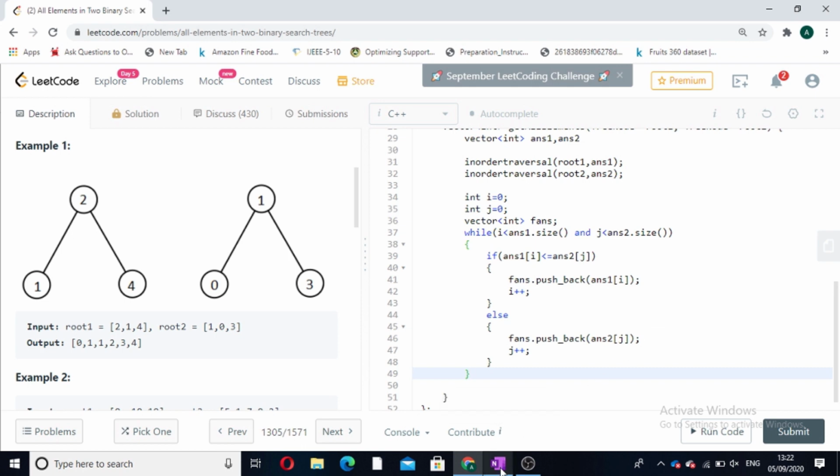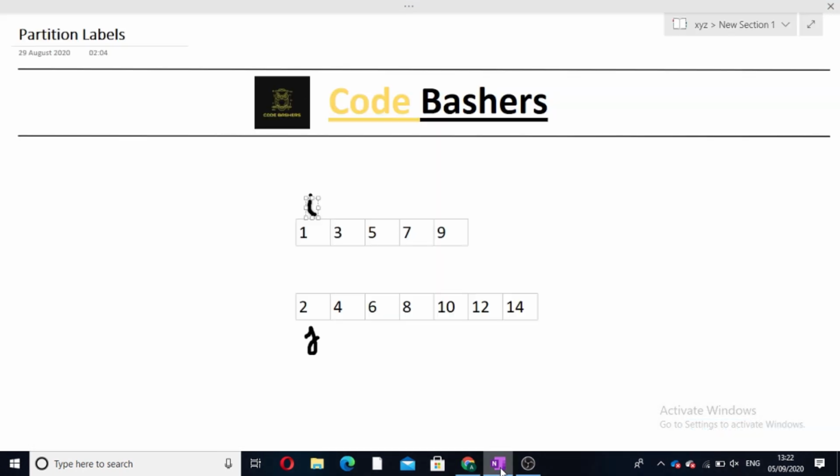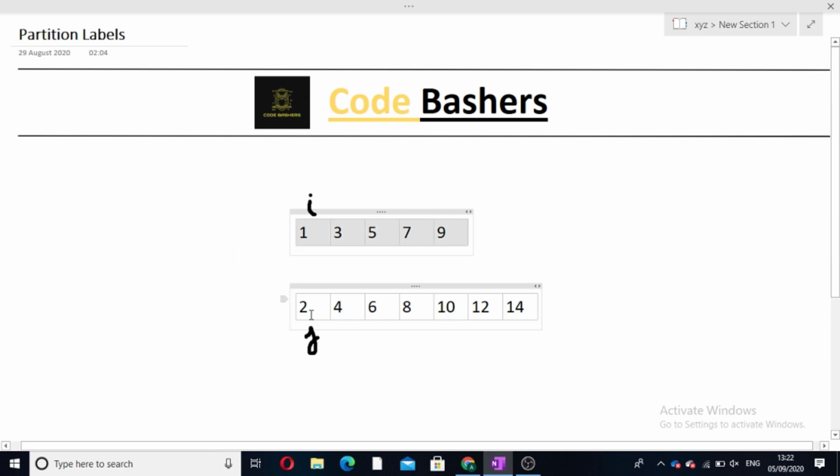Now let's look at an example. These were our two vectors which we returned from in order traversal. This was answer 1 and this was answer 2. Now the i pointer will point to answer 1 and the j pointer will point to answer 2. The condition is that we have to return sorted order, so the value which is less will come first.